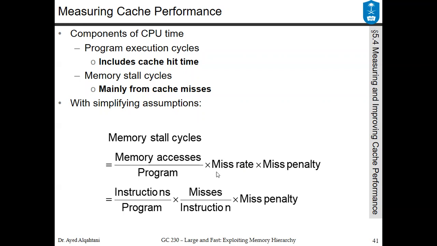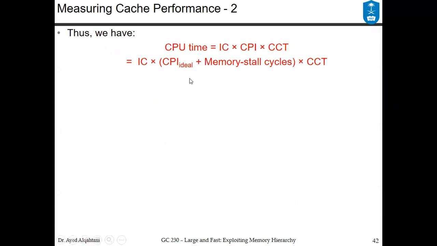We can see that we could define the miss rates as we've seen before. They are the number of misses per instructions. And at this point, we can measure the performance